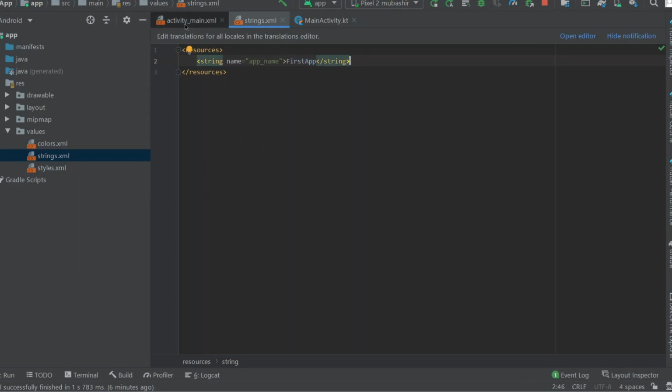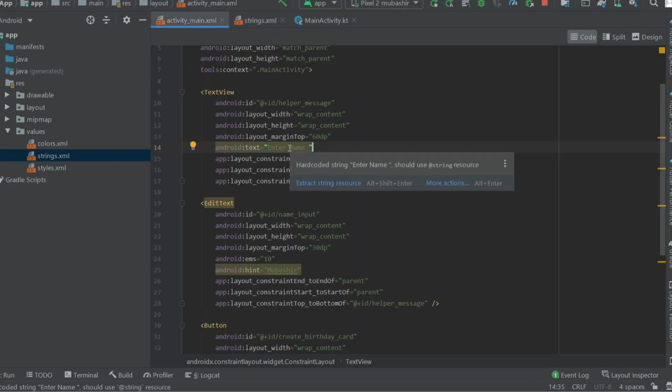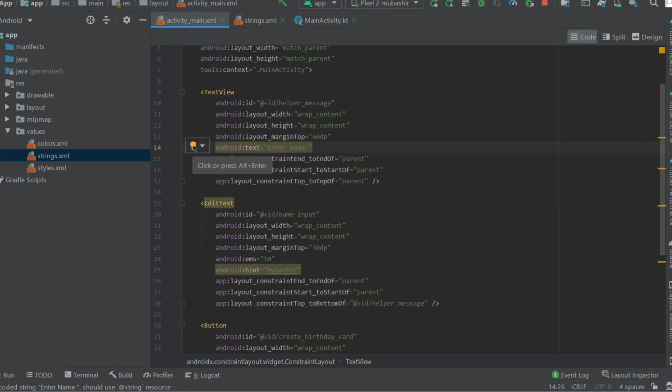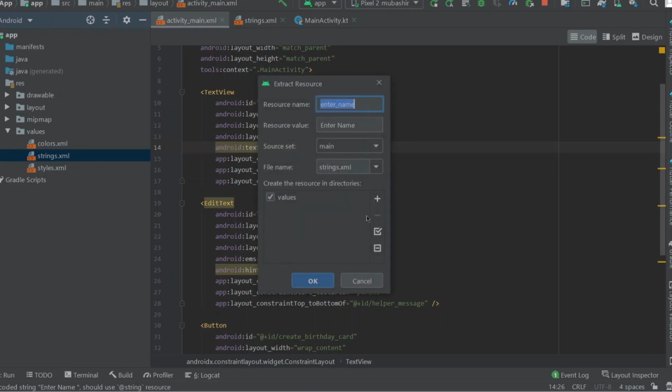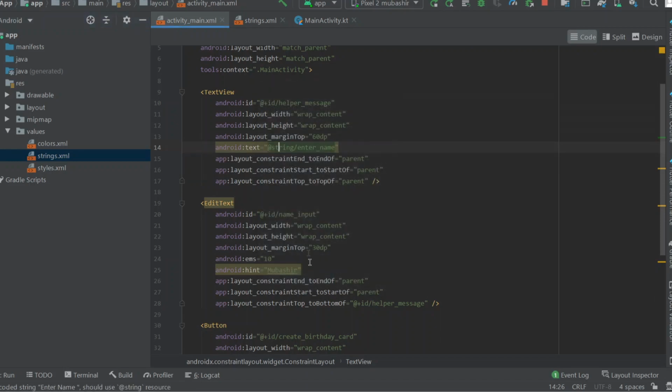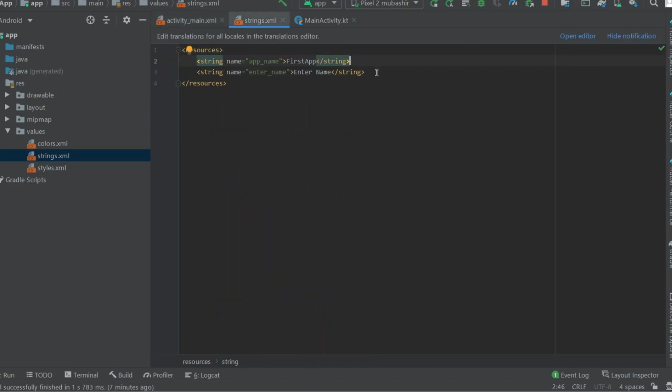So for that, let me go here and click on this. After clicking here, if you hover on this yellow button, click on extract string resources, and here click on OK. Now you can see @string/enter_name, which is auto generated.